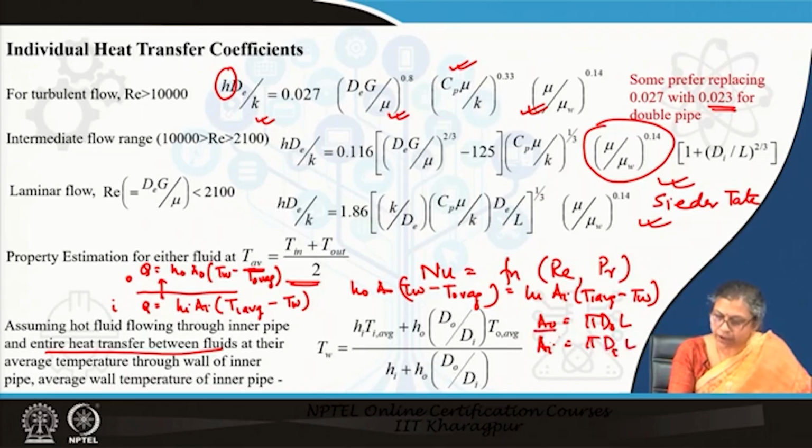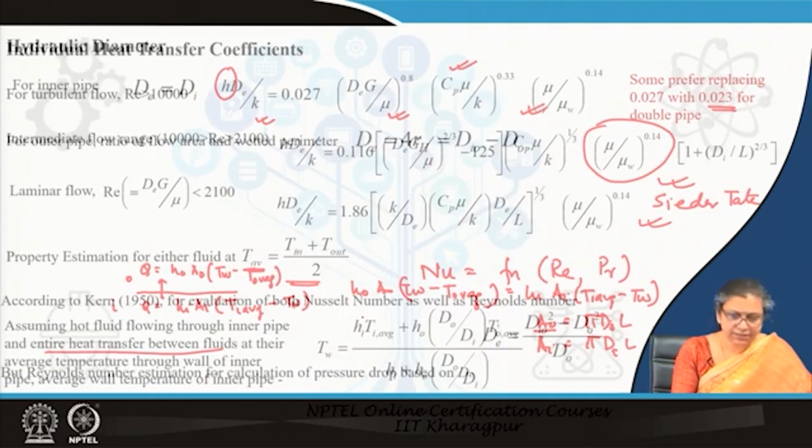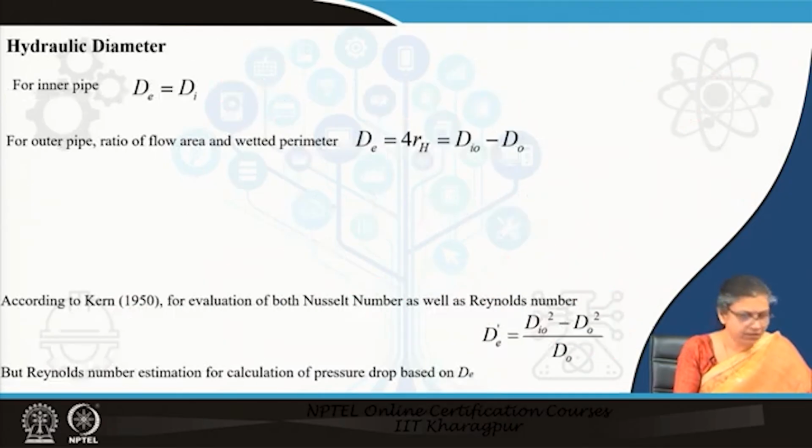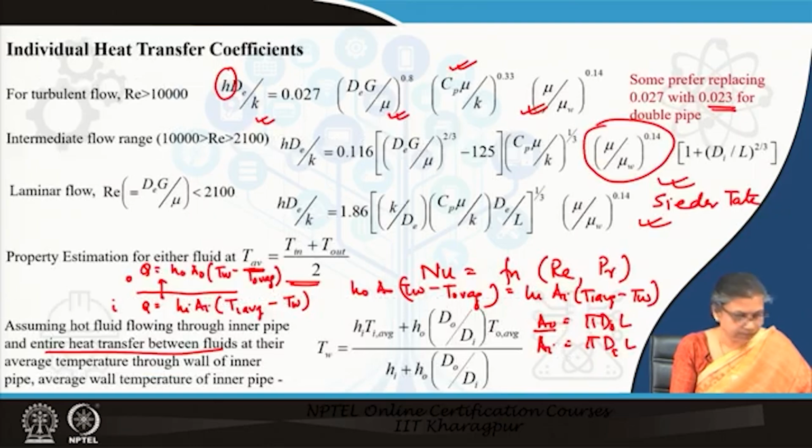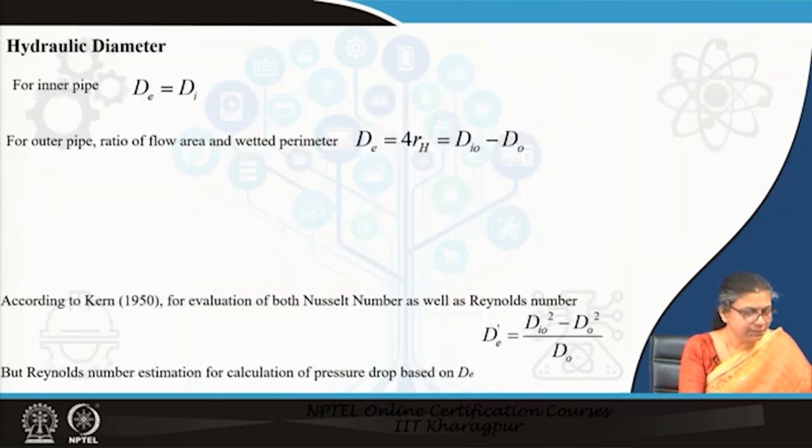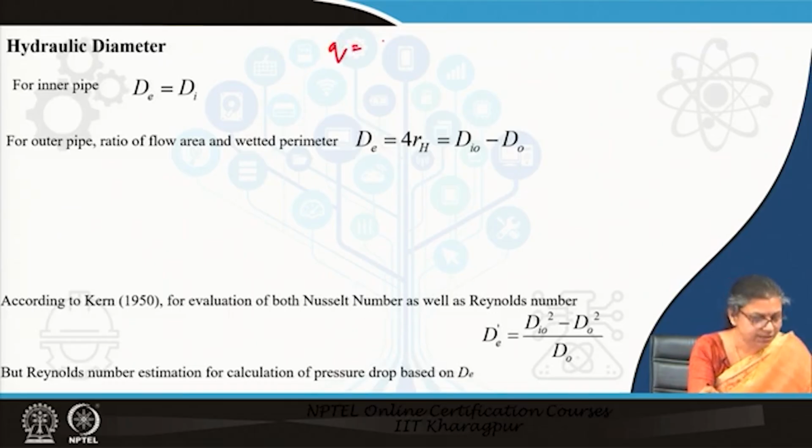So, therefore, AO by AI equals DO by DI. So, therefore, you can replace one with the other by just substituting DO by DI. If you perform this particular derivation here, then you will find that... let me see if there is a little more space here. Yeah, I can do it here also, or else I can do it here. So, therefore, in this particular case you can find out that Q is equal to, I will just write it out once more and I will do it, HO AO